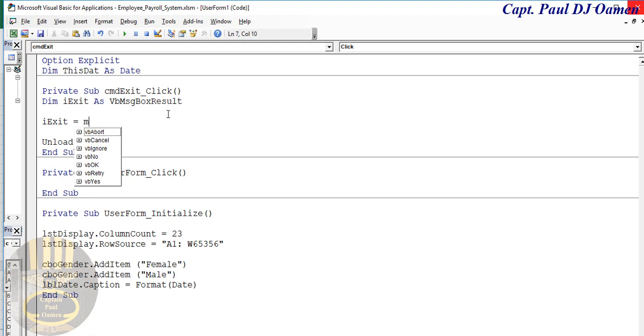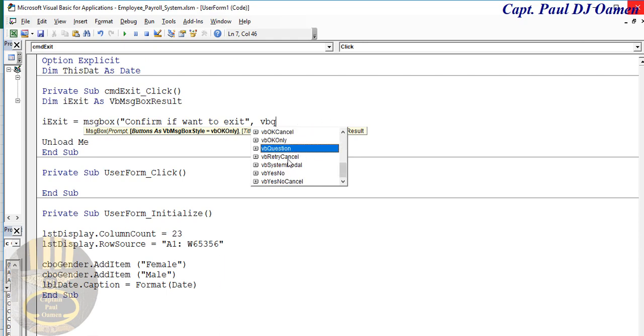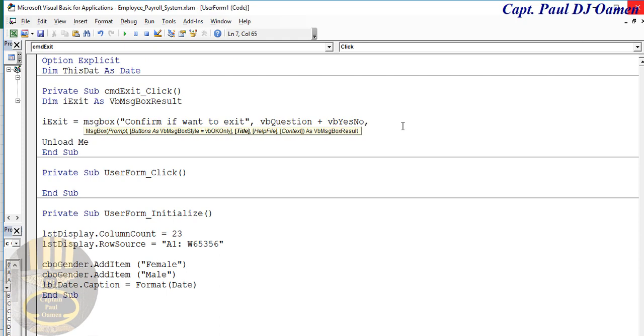equals message box, and this very message box, that's where we enter my prompt that will question you if you really want to exit. Confirm if you want to exit. There. Close that. This takes about 4 arguments, so that'll be my very first argument, and my second argument is going to be something, let's say a method that we actually ask you to confirm, or a question mark, sorry, that would be the icon, and enter a plus sign, and this time around I want to enter plus VB yes or no, then enter a comma there,